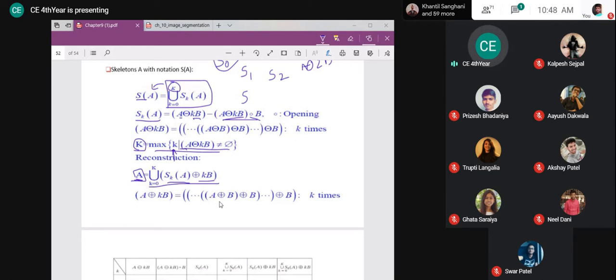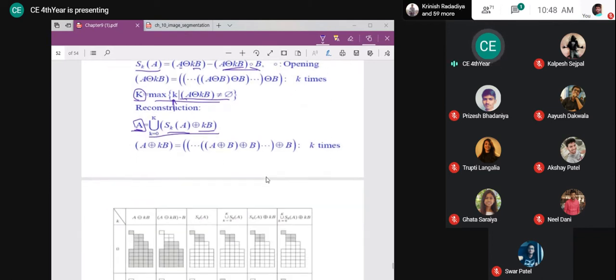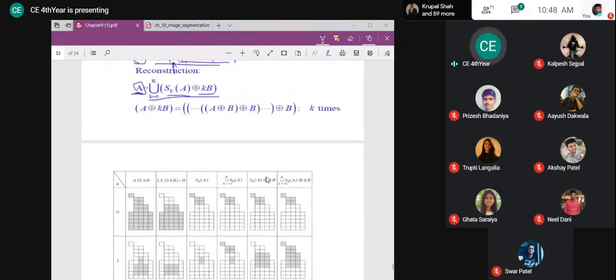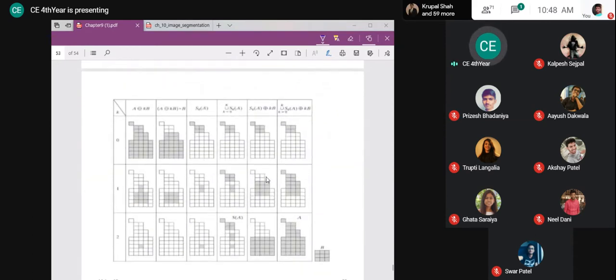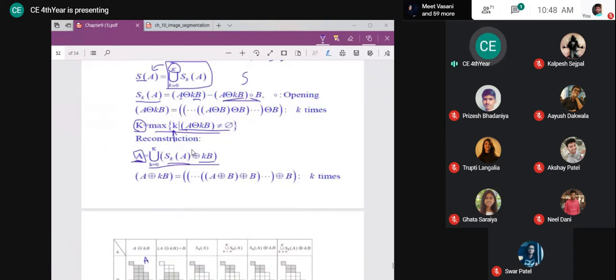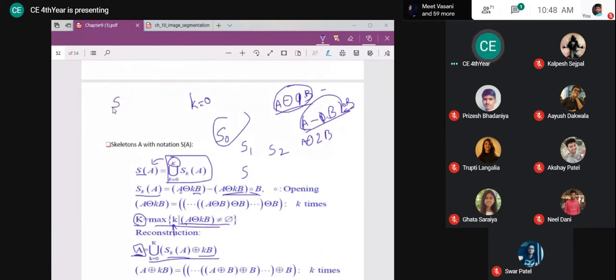Okay, let's see with that example. It is so many operations together, so we can go step by step, so it will be even more clear to understand. This is the image A, and this is B. Okay. Now, what is my first step? I want to identify first S0. What is S0? S0 is obtained as A 0 time eroded with B,